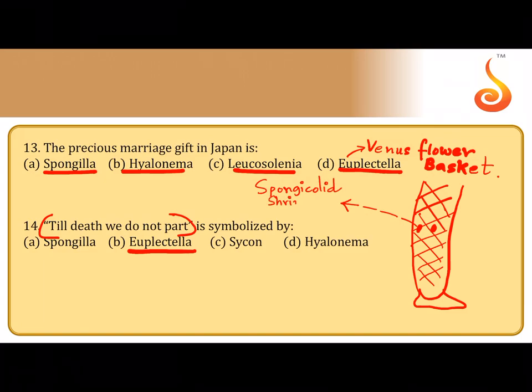They are very, very small. They get trapped inside when they are small, but once they grow they cannot escape from the basket, from the sponge, and therefore they spend the rest of their lives together and they produce offspring. They also die together inside, and that's why it is a symbol of "till death do us part", which is